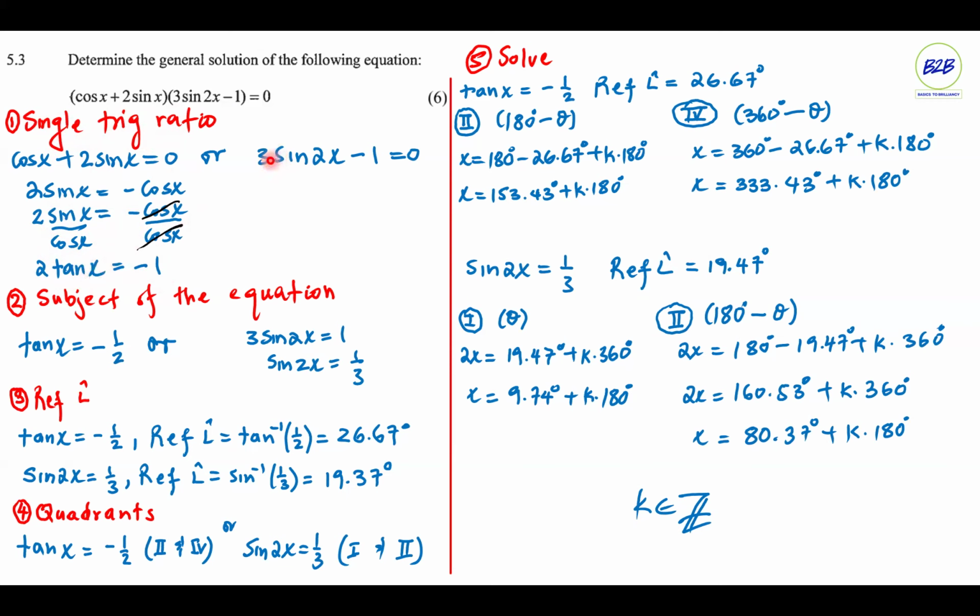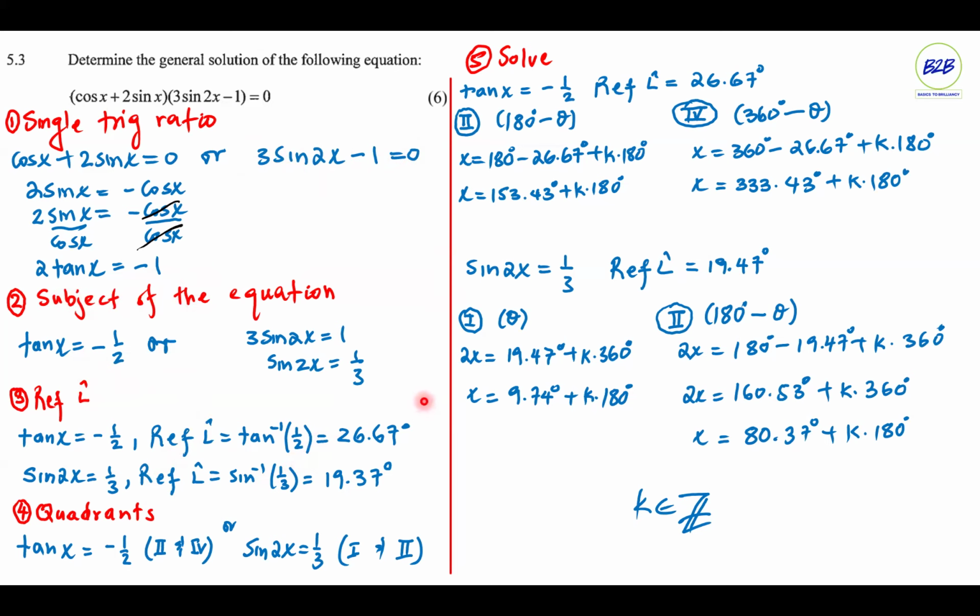On the second equation, we don't have to do any manipulation there. Why? Because this trigonometric equation is already in terms of one single trig ratio, which is sine. And then therefore you can move into your next step, subject of the equation, reference angle, quadrants, and